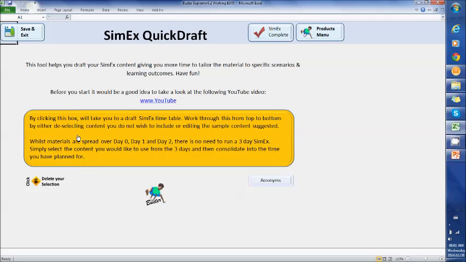The first thing you're going to do is to click this box, and by clicking this box will take you to a draft SimEx timetable. You'll work through this from top to bottom by either deselecting content you do not wish to include or editing